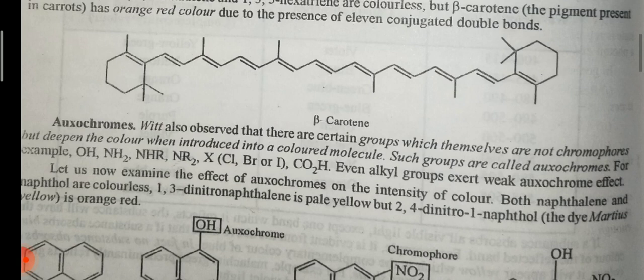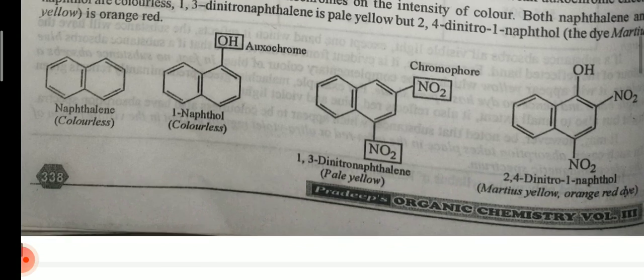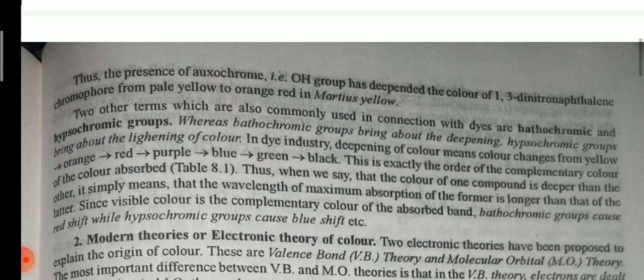Both naphthalene and naphthol are colorless. 1,3-dinitronaphthalene is pale yellow, but 2,4-dinitro-1-naphthol, the dye Martius yellow, is orange-red. Thus, the presence of the auxochrome, that is the OH group, has deepened the color of the 1,3-dinitronaphthalene chromophore from pale yellow to orange-red in Martius yellow. Two other terms which are commonly used in connection with dyes are bathochromic and